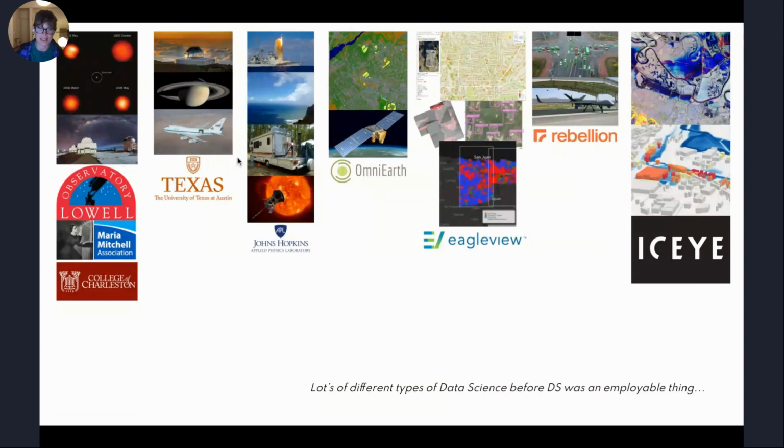When I graduated with my PhD, it became pretty obvious that it was going to be hard to find a job in astronomy. And this was, for many of you, probably quite some time ago. So before data science was a thing. And that it was pretty unique. But I managed to get a job at Johns Hopkins University Applied Physics Lab in Maryland, working largely in defense. So working on spacecraft development and design in the defense world.